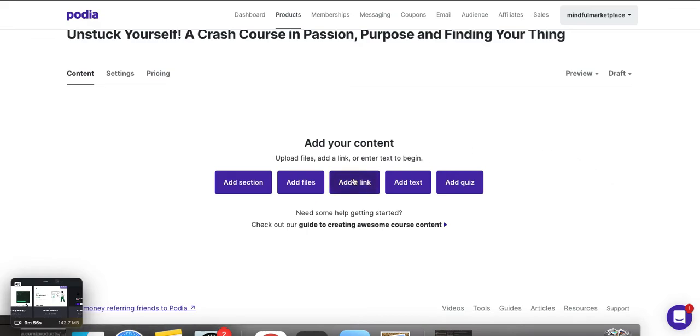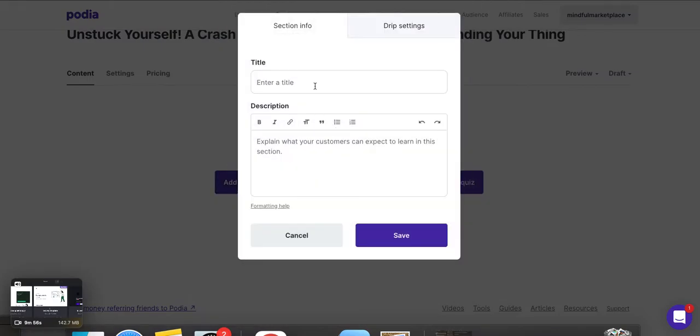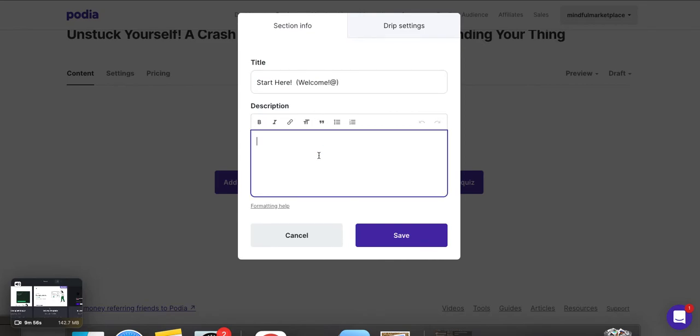All right, so let's really quickly add a section, and I'm going to call this Start Here. And here's generally where I would tell people what the files are going to be immediately below. But something like this, I would actually have a link as well to the Circle community, our private Circle community. So I would link to the cohort, this space within our private community, so folks could immediately have access to the community in addition to the PDF and audio content they're going to have here. So I would just say,